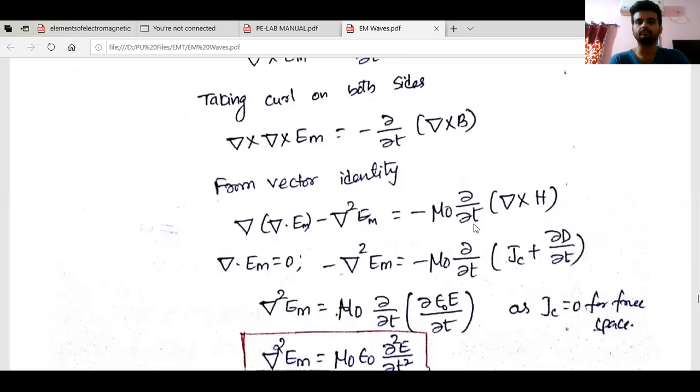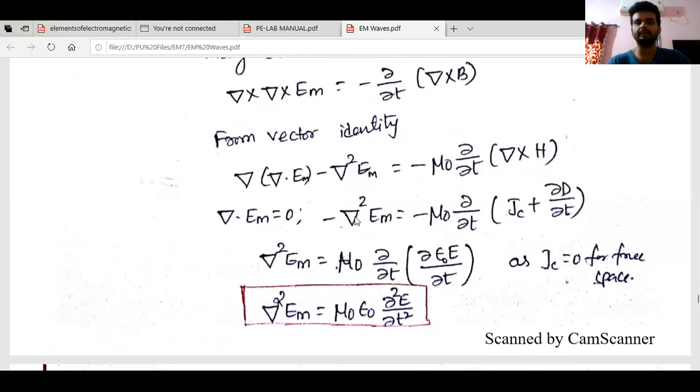Correct. Now, why del dot E equal to 0? Time varying electric field cannot diverge from a point. From a point, time varying electric field cannot diverge. So static and this one are the opposite to each other. In static, whatever was 0 is not 0 here. Understood?